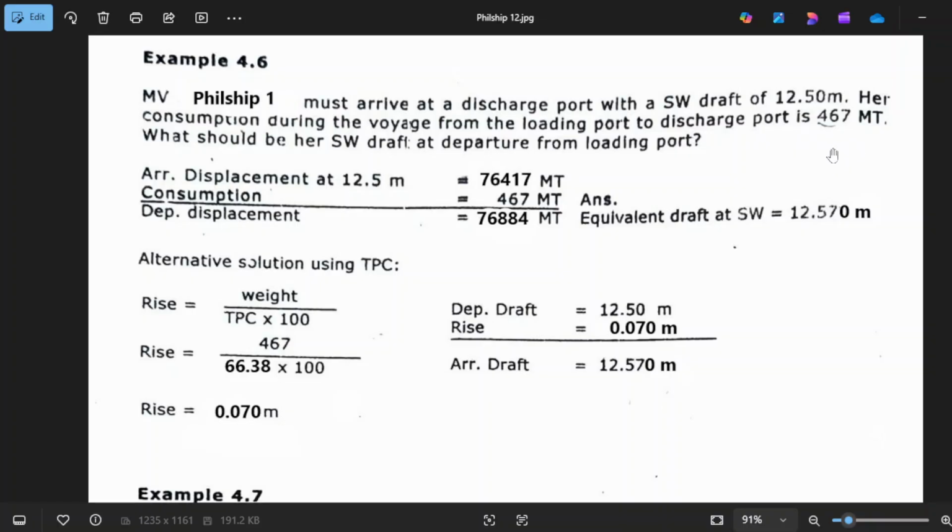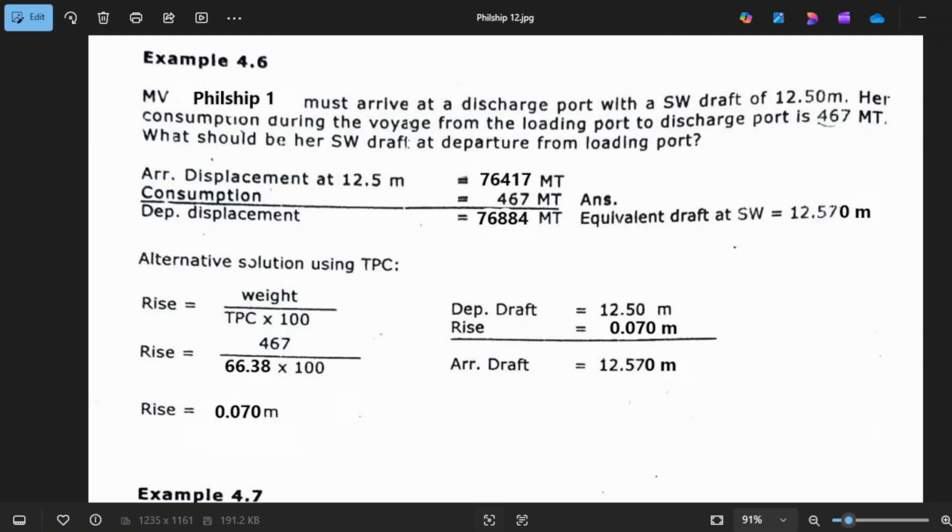The question is, what should be her saltwater drop at departure at load port? So let's start, guys. The arrival drop is 12.5.